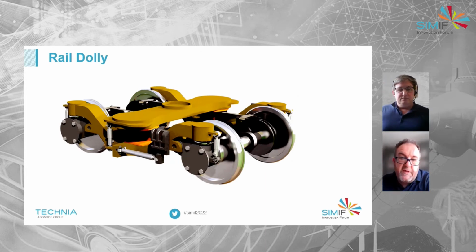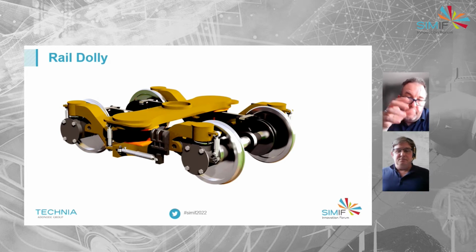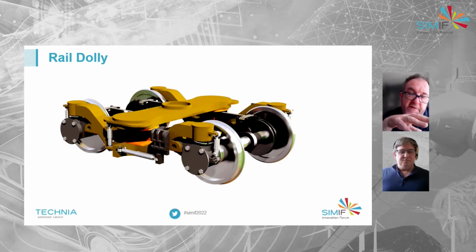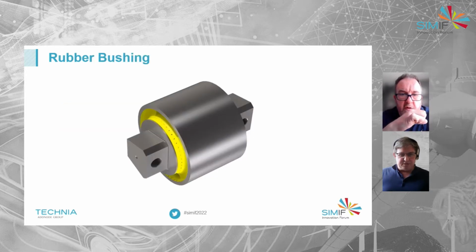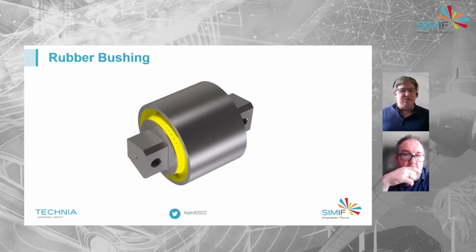Right, guys, so we've got this assembly here of a dolly from a railway. What we were interested in is the bushing, to make sure that the load and the movement's not going to fail, and they'll run the checks on that one. Is that right, Andy? Yeah, and so the bushing that Barry mentions there looks like this: a hub in through the middle with a plasticized rubber between it and the ring around the outside to connect it to the machine that it's within.